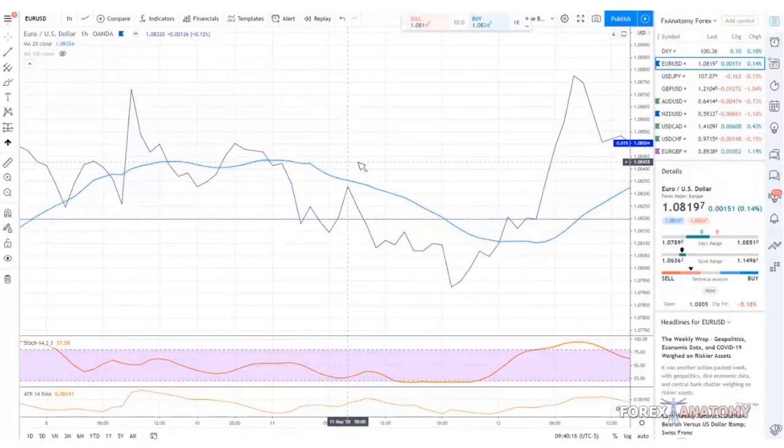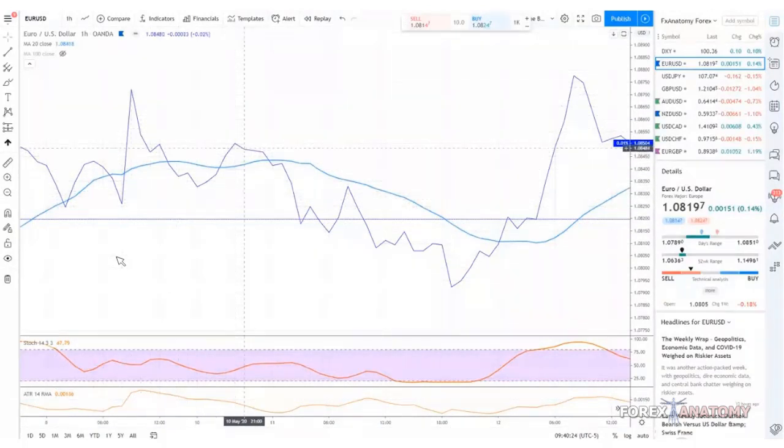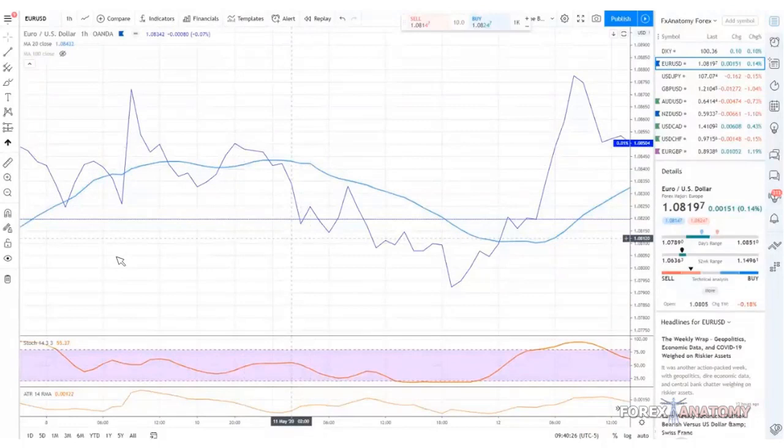It's not too hard to figure out. Price is moving up here, then down, then up, then down. You get the movements in price. So it's pretty simple. The only thing about the line chart is that it only gives us one set of data and we don't know much about it. This is why we recommend using the candlestick chart.